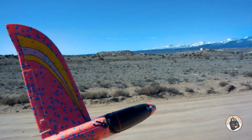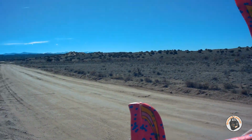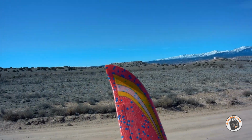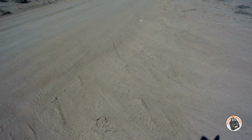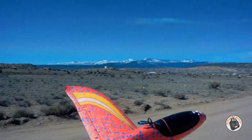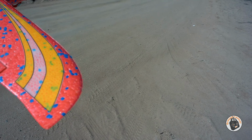I've already crashed this plane once on my first lipo pack, and it definitely passes the durability test. The nose keeps getting shorter and shorter, but it's still flying. So let's go ahead and get it in the air again and see if I can fly it around in this wind without crashing it again. Actually, it was the sun that caused it. But...